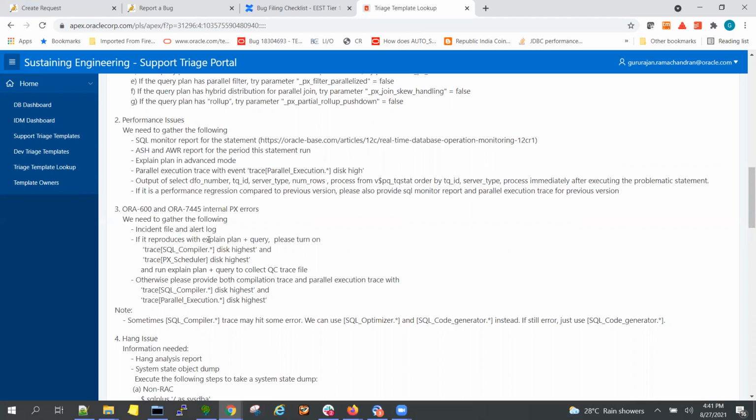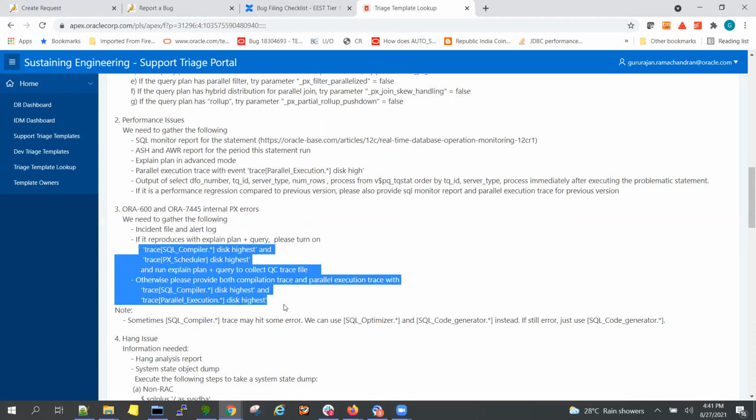Workaround is if you don't use PX, the issue is not happening. But if you use parallelism, the issue is happening. See whether the same 600 reproduces with explain plan and the query without data. If it reproduces in your reproduction, then gather these traces, run the explain plan and provide these traces as part of this tracing event set along with the SR.